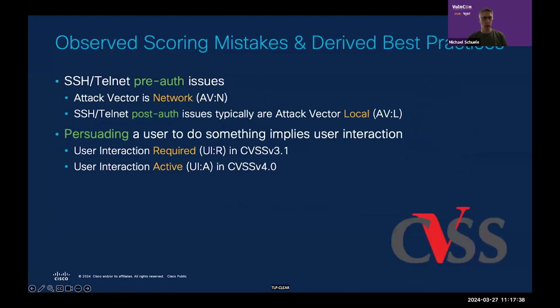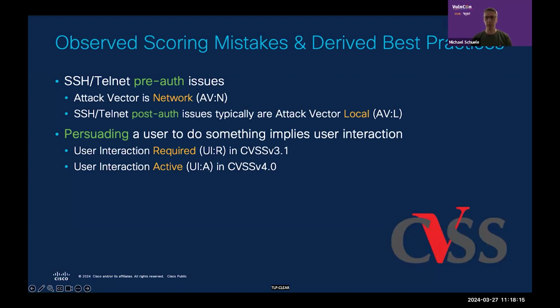What we also observed on our side were some scoring mistakes that were made a few times, and we derived some best practices as a result. For example, we had SSH or telnet pre-auth issues that were incorrectly scored with attack vector local. But as you all know, SSH and telnet both run across TCP and IP, so they can easily cross network boundaries. And for pre-auth,